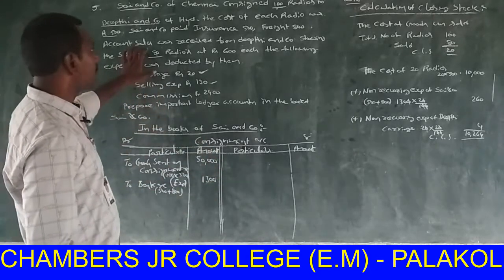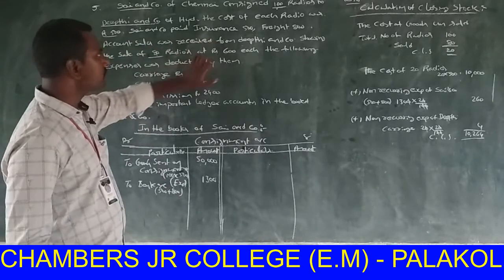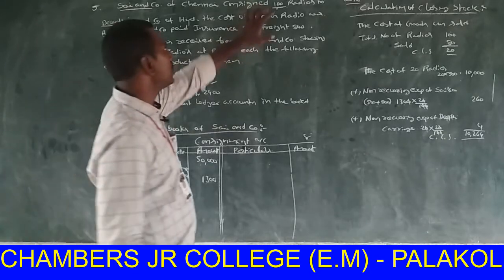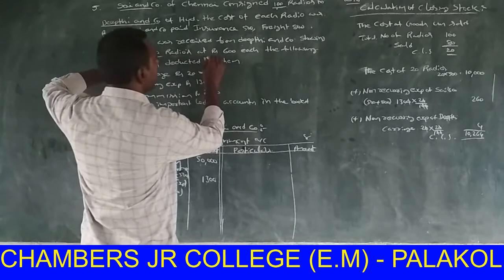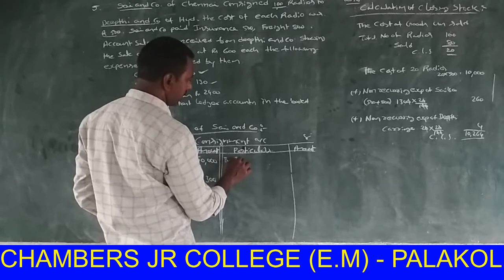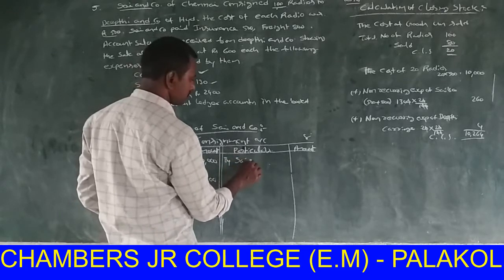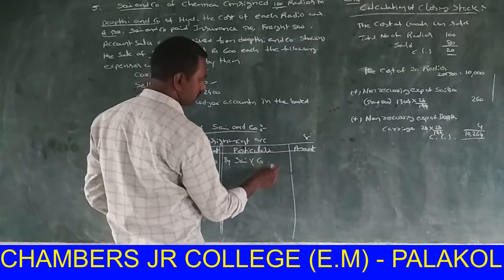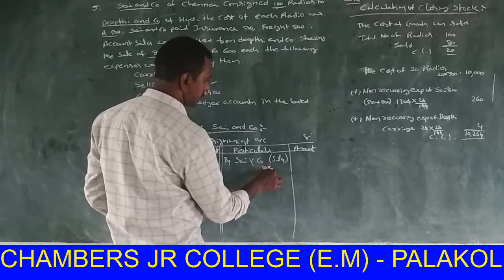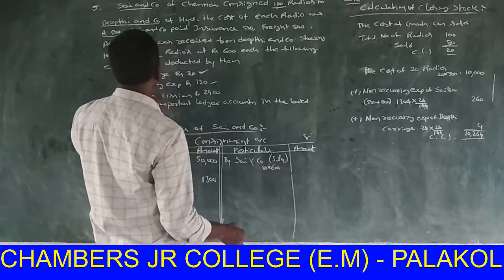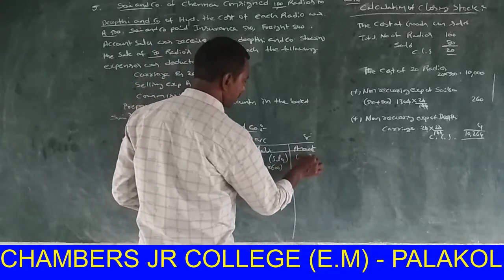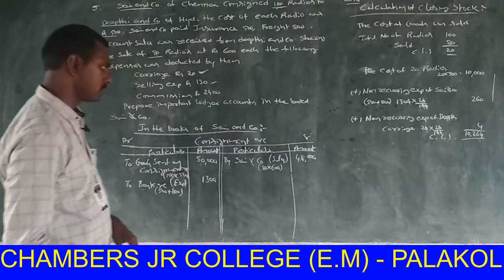1,300. Next, account sales was received from Deepti and Co. showing the sale of 80 radios. Total number of radios 100. Here the sale 80 radios at 600 each. This is the revenue by Sai and Co. Sai and Co. brackets sales. That is 80 into 600. Sold 80 radios, each one at 600. That is 48,000.